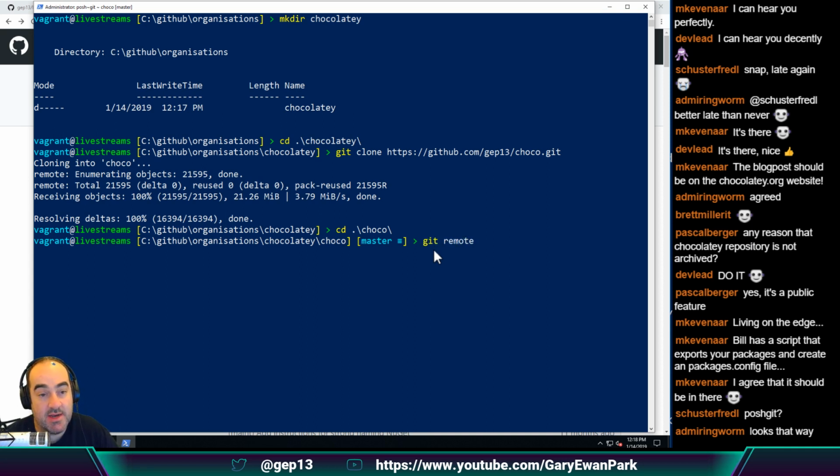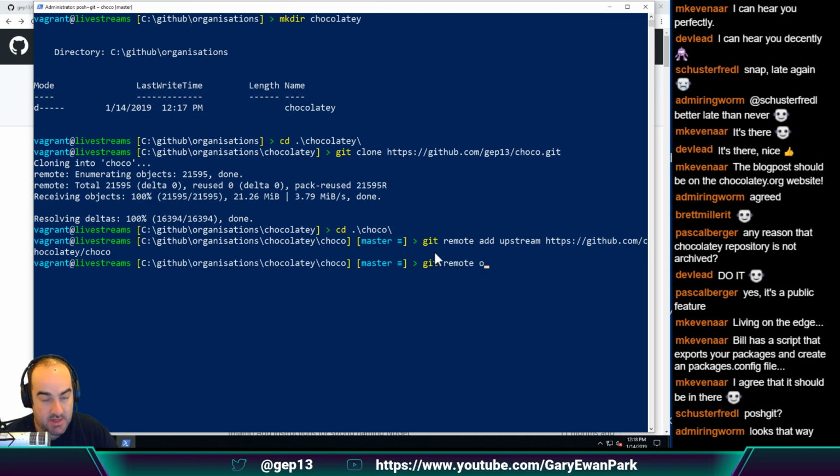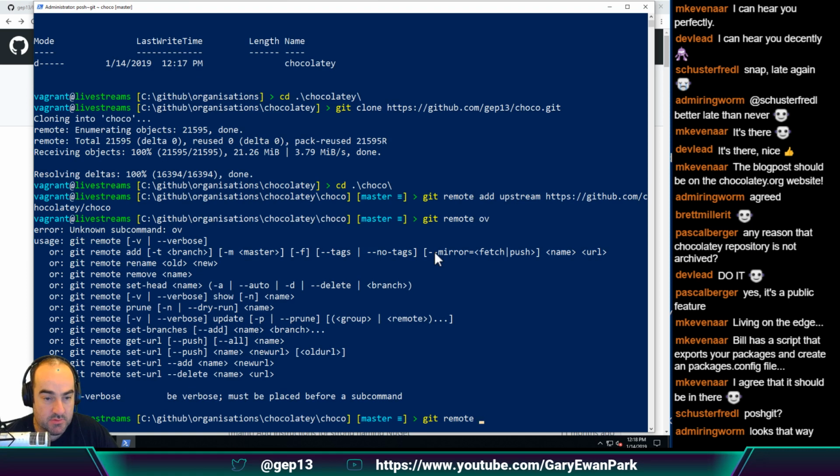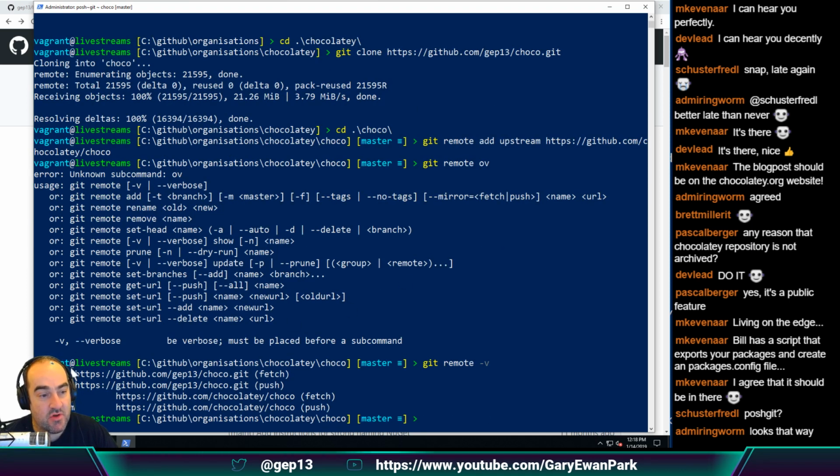So I'm going to go ahead and add a new upstream remote pointing at Chocolatey Choco. Then if I do a git remote -v, I'll be able to see both of those remotes in place. I've got an origin pointing at my fork, and then I've got another remote pointing at upstream. So the first thing I want to do is make sure that my fork is up to date with what's on the upstream repository,